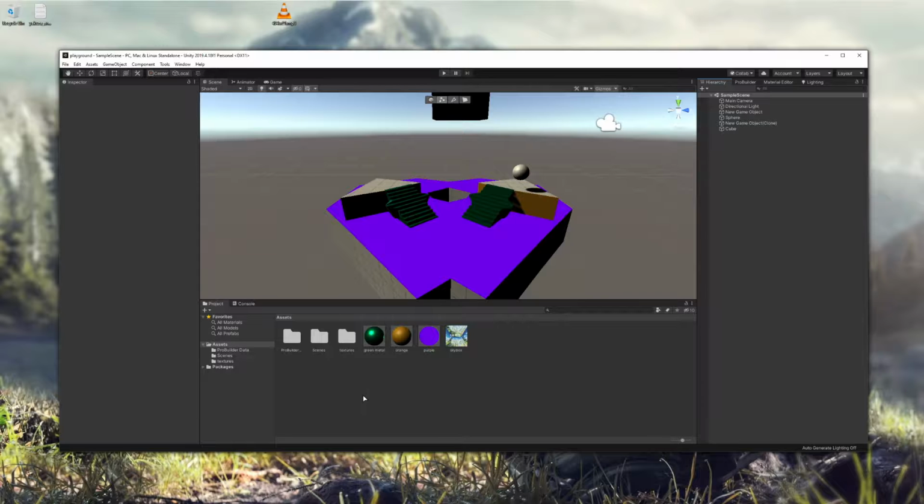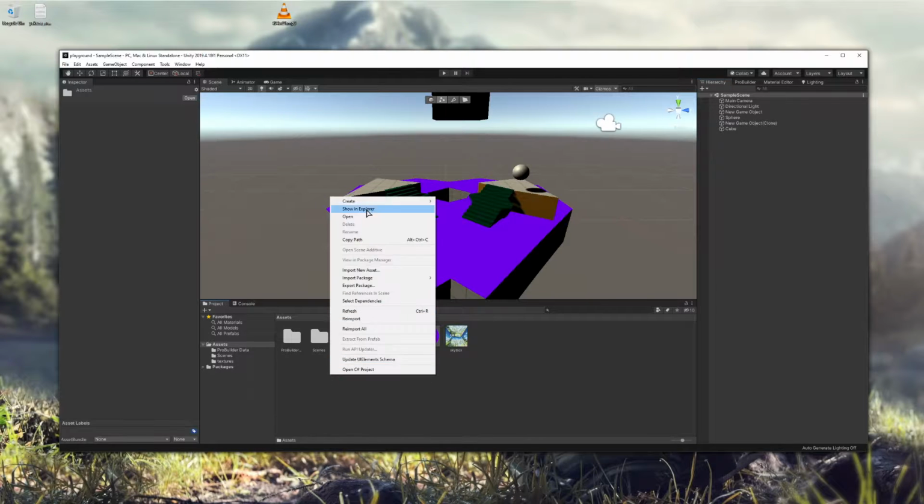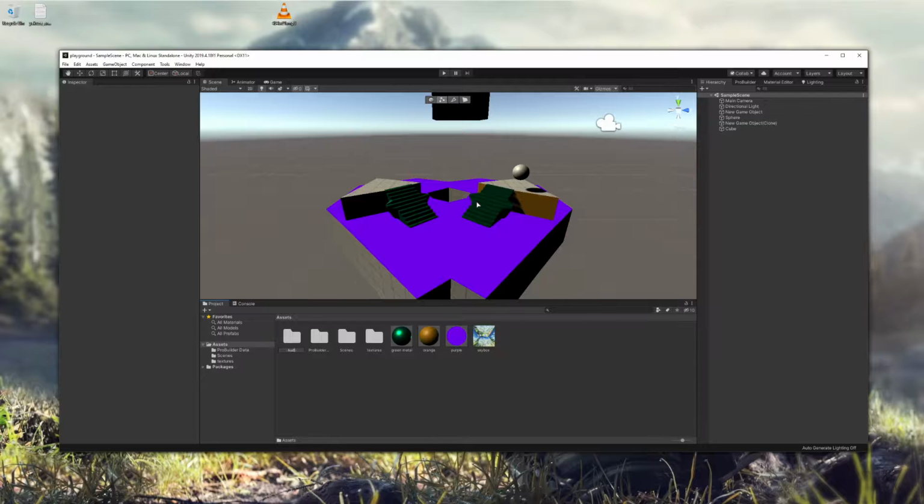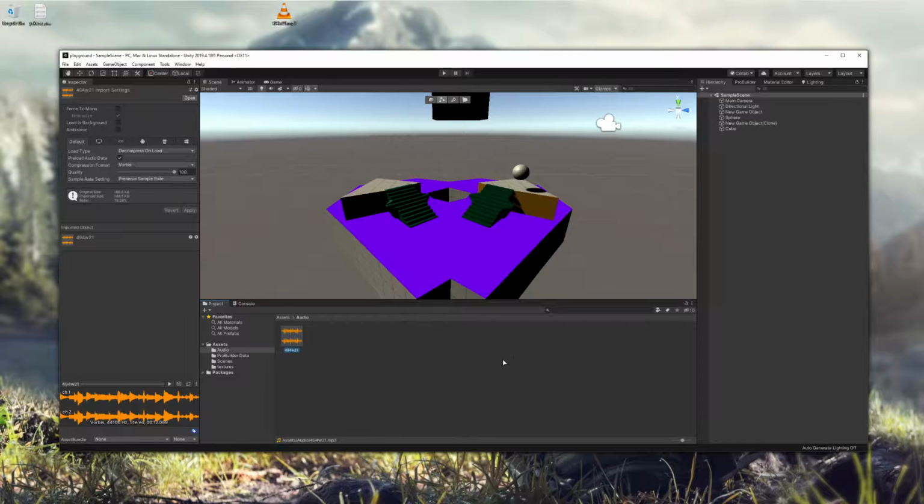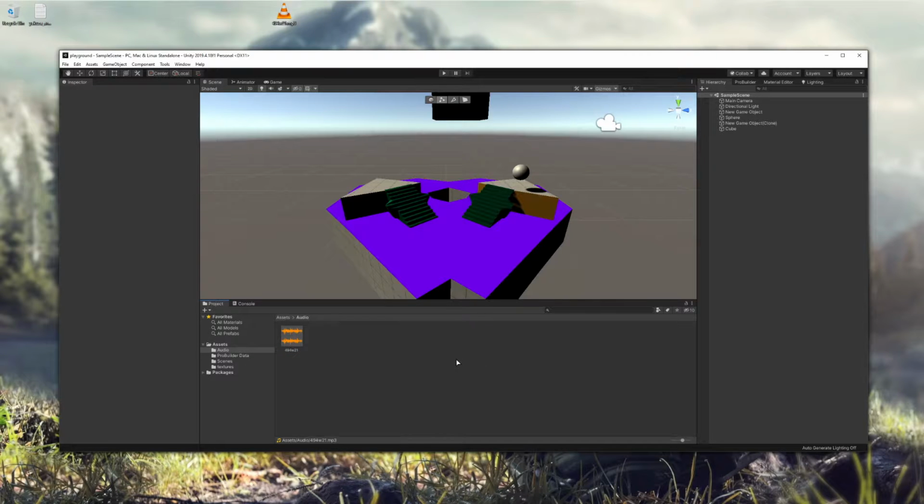thing here. So now what we can do is I'll make a new folder and I'll call it audio, and I'll just bring the song we made in here. Here it is. And then I will, oh